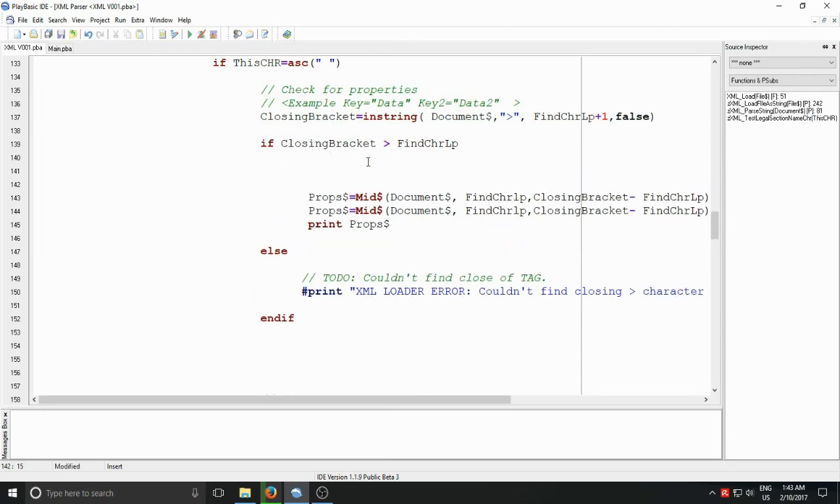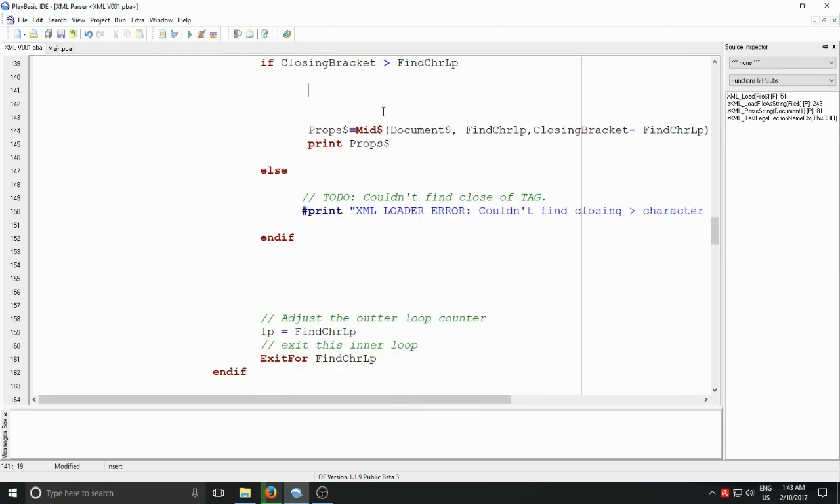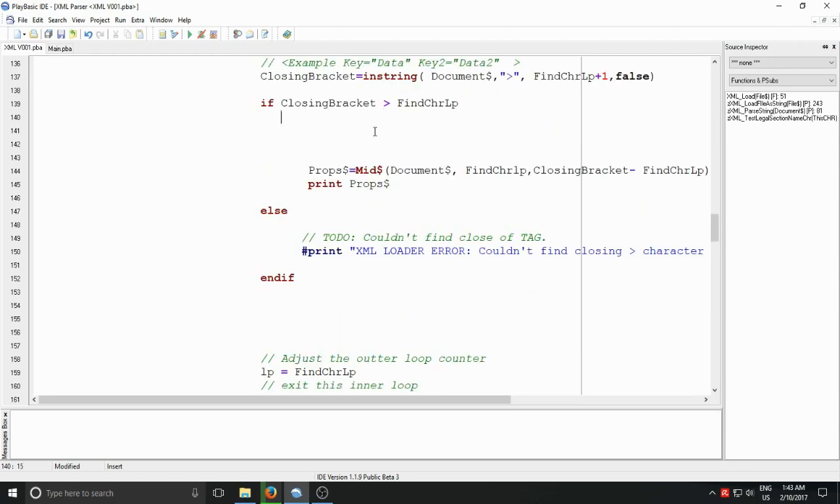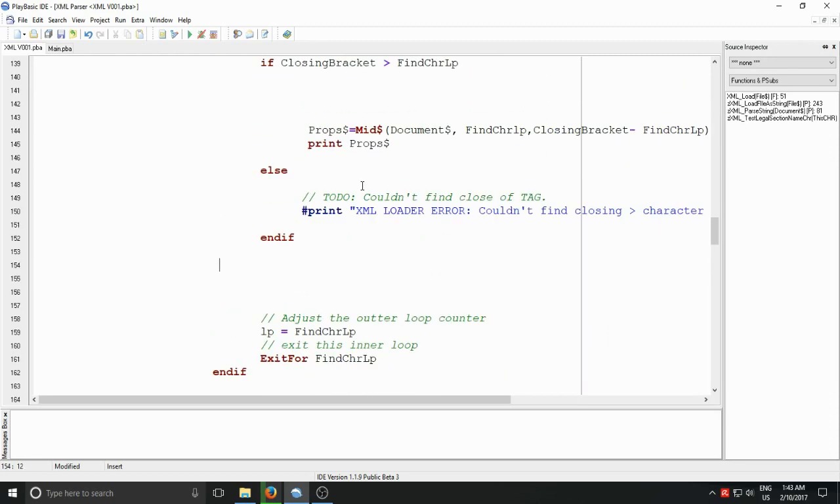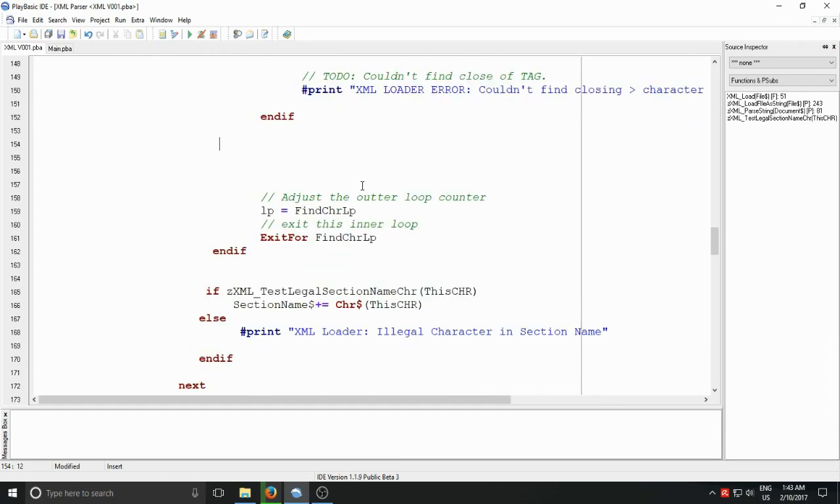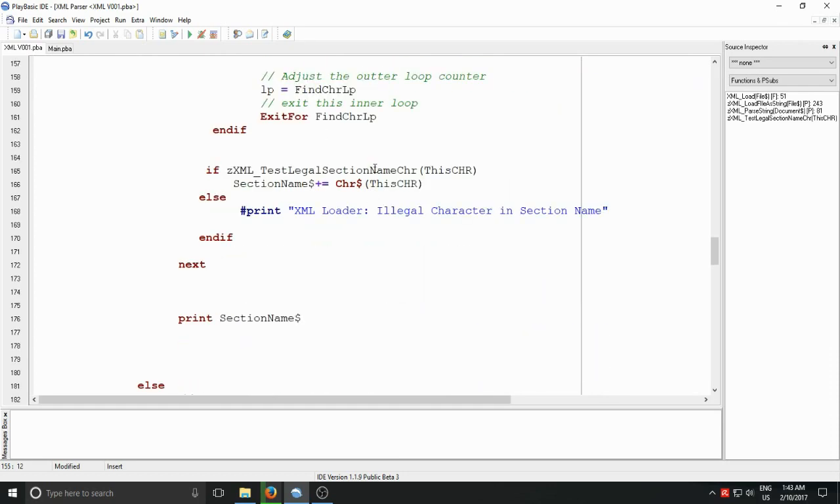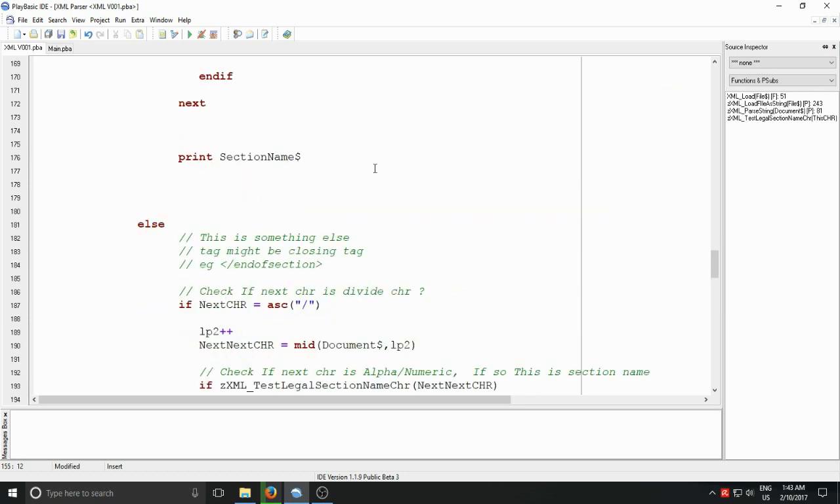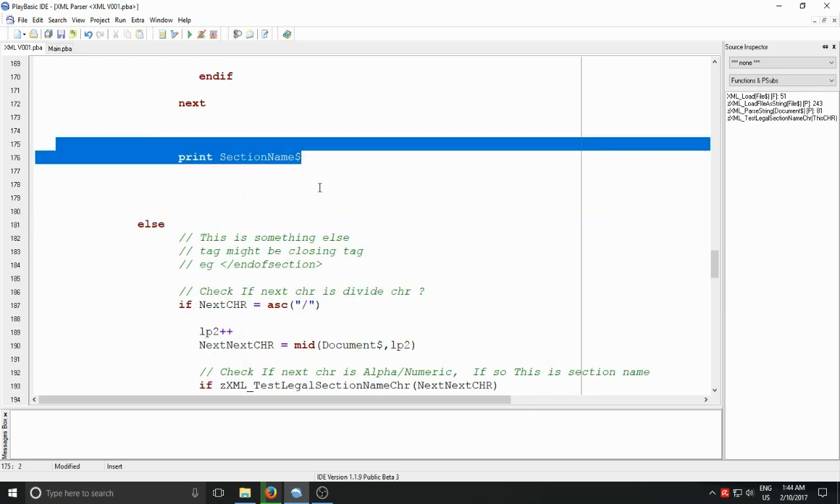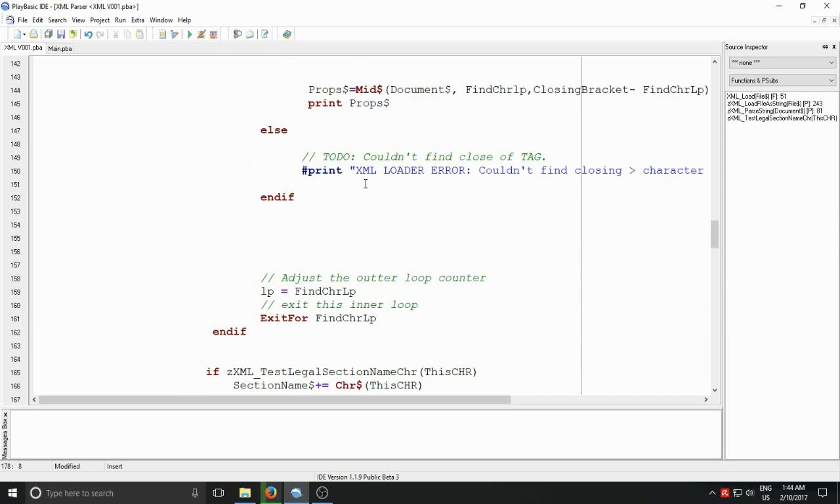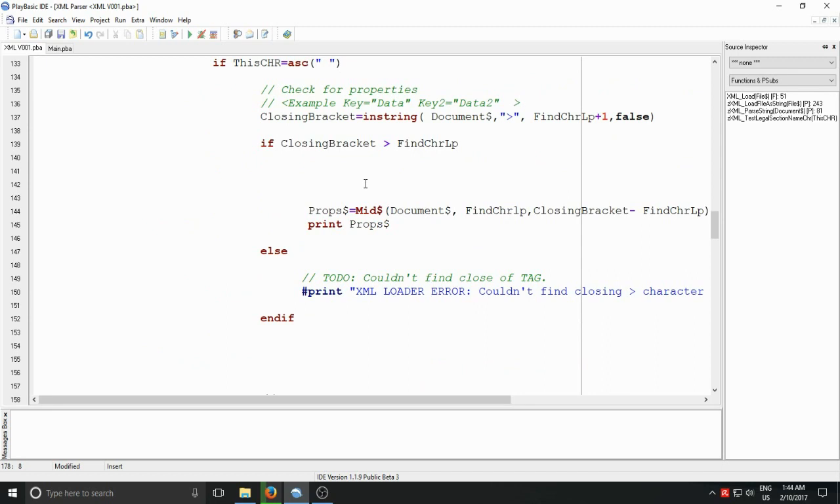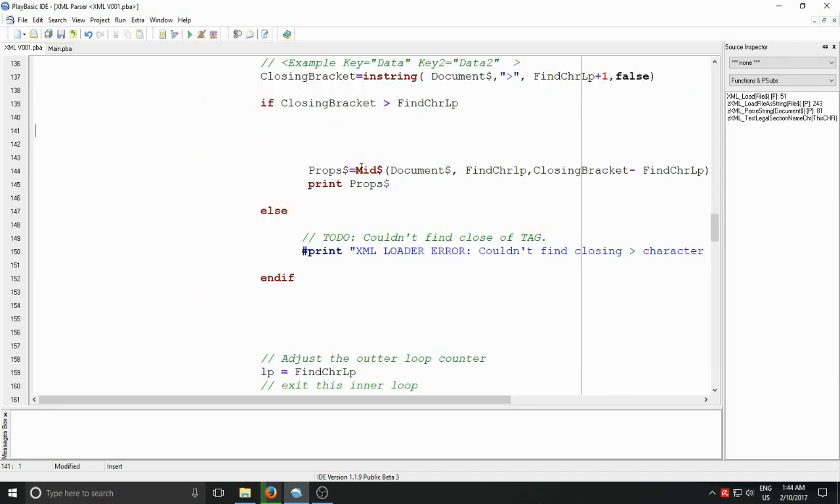Alright, so if we find that properties here, we probably do need to handle this in a particular way, don't we? Like we might need some flags to tell us what to do with this section name and these attributes, and are we expecting a closing tag sometime in the future or not? But at this point, we'll do a little bit of a test on